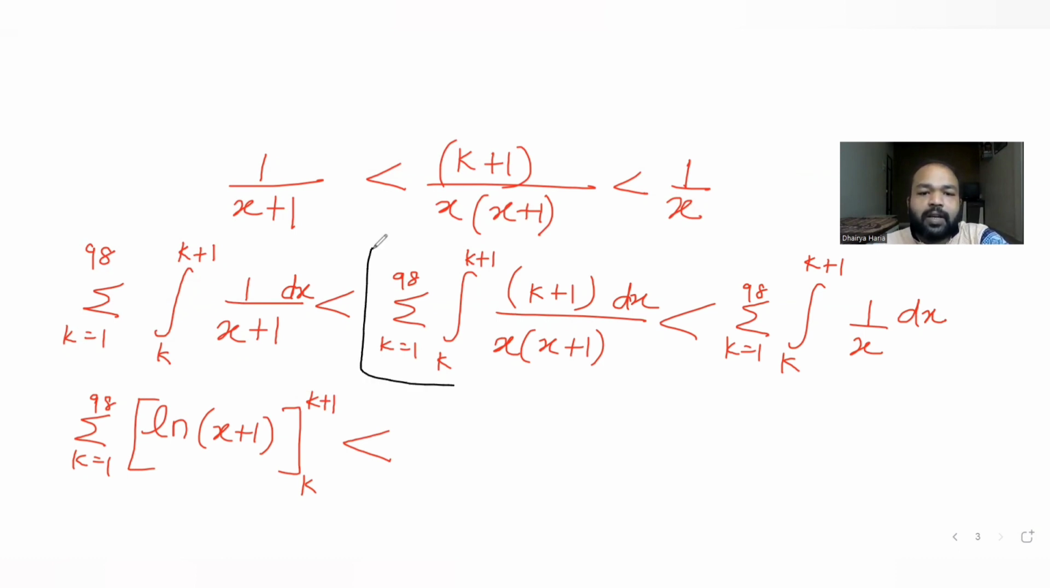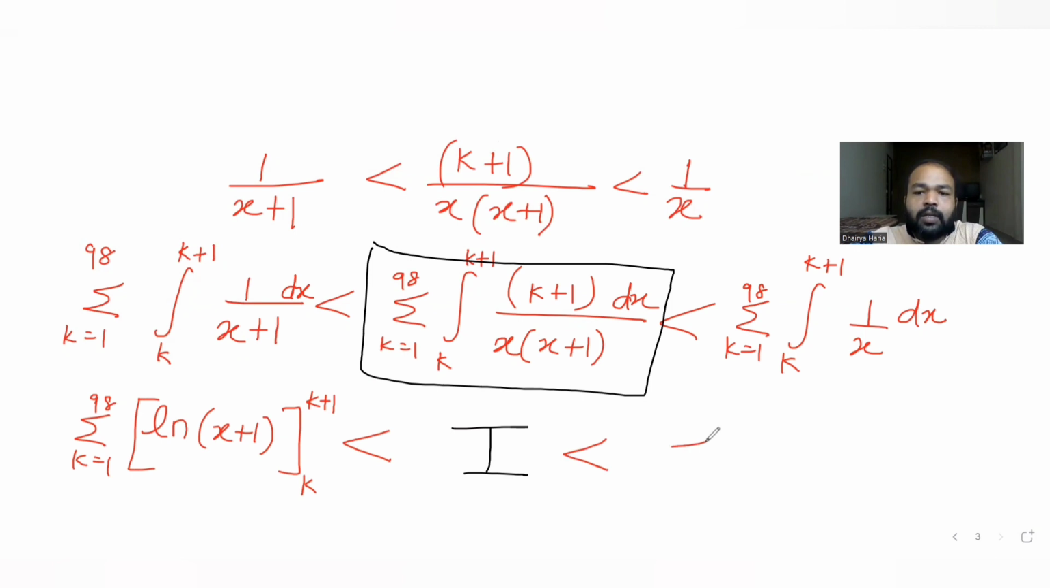If I see, it is same as the value for I which is asked to us. So we can write this as capital I. That is lesser than summation of k equal to 1 to 98, integral of 1 by x, that is natural log of x. Limits go from k to k plus 1. Now if I just solve this and this expression separately, let's say this entire expression is I1 and this entire expression is I2. So if I solve I1 first,